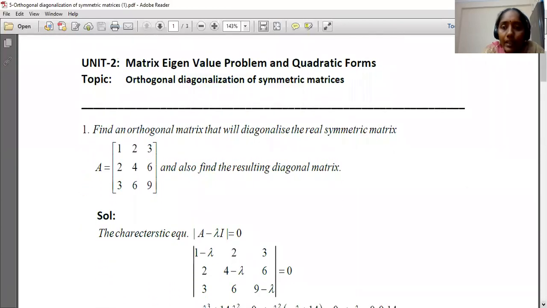Okay. First, we discuss the steps to find the orthogonal matrix. First, find the characteristic equation, then the eigenvalues, and then the eigenvectors corresponding to the eigenvalues. After finding eigenvectors, first check whether those vectors are orthogonal or not. Each disjoint pair should be orthogonal. If each disjoint pair is orthogonal, then find the orthonormalized vectors. Just simply divide each vector by its length.